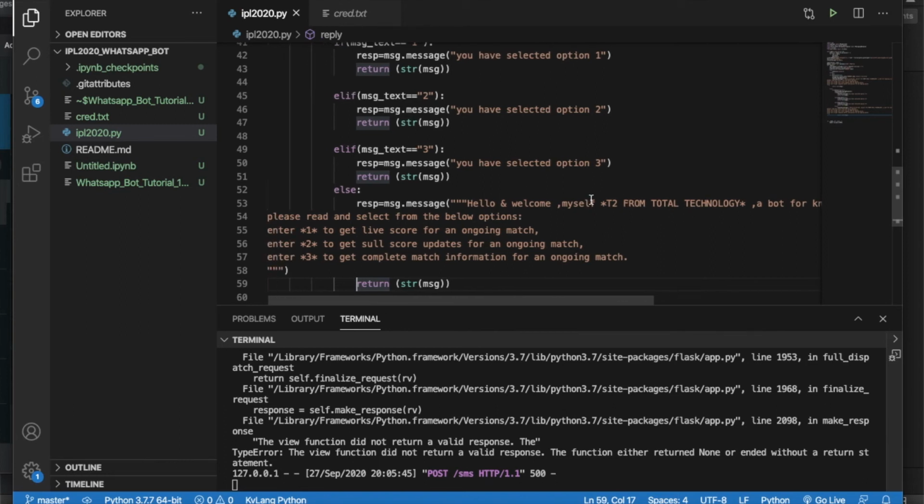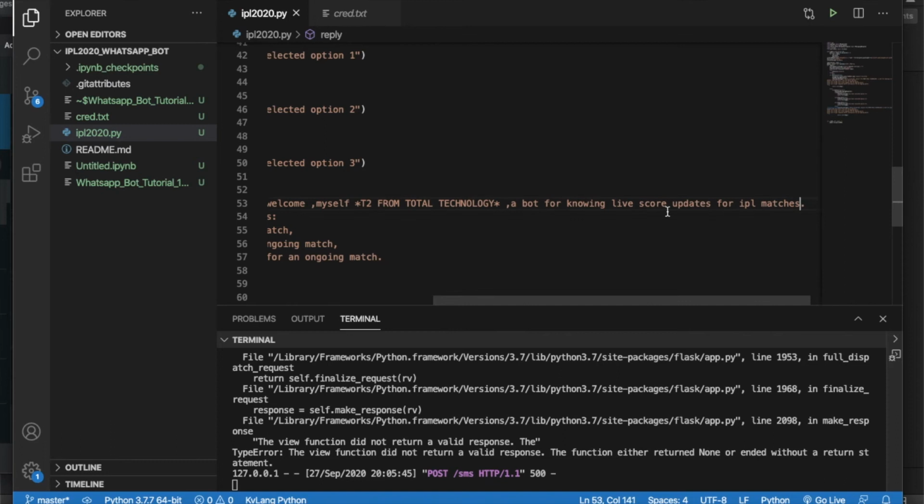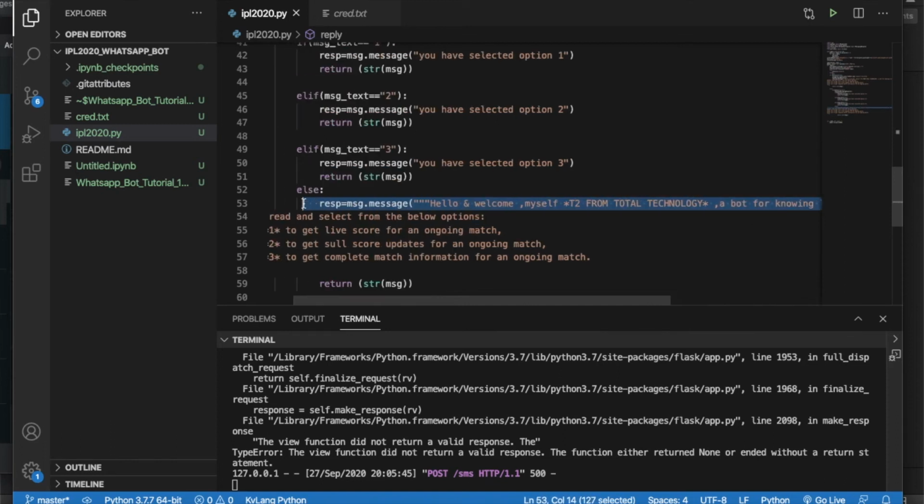I don't think this line is required. So rather than this, what we'll do: you have selected, sorry, we have entered invalid option.